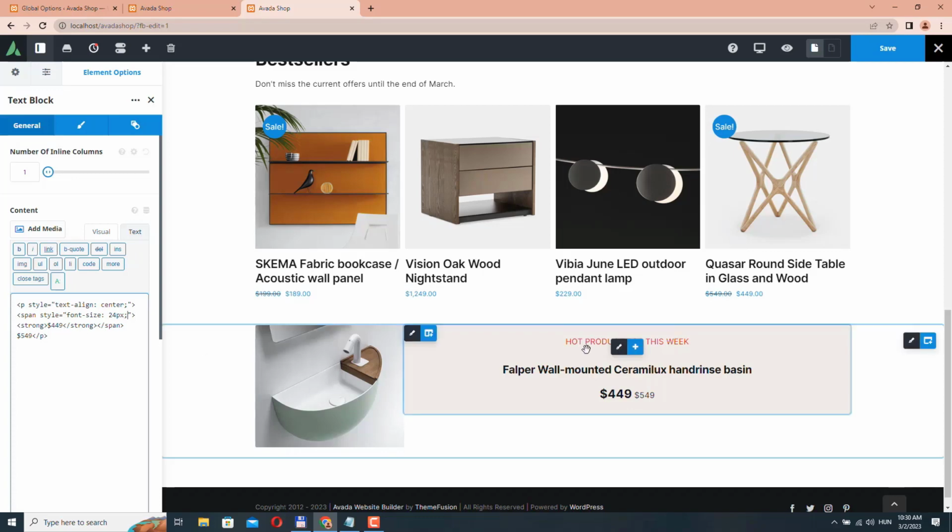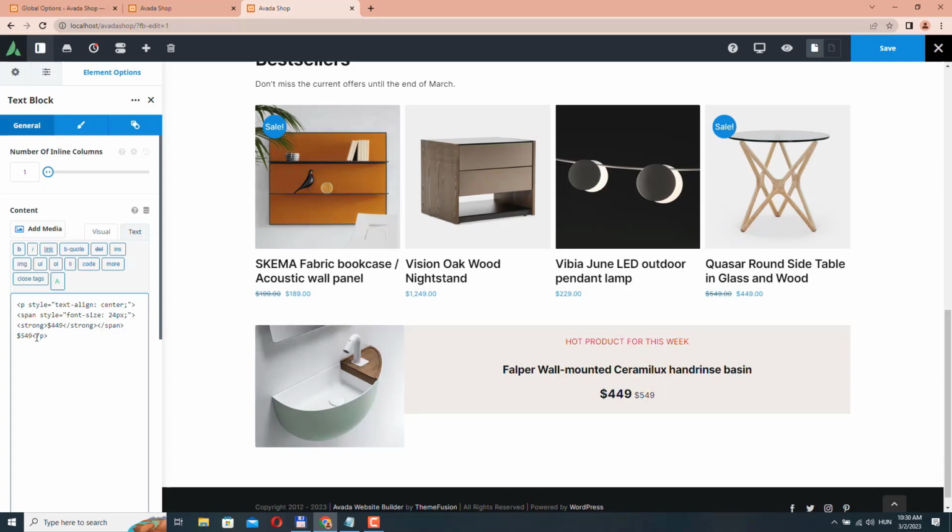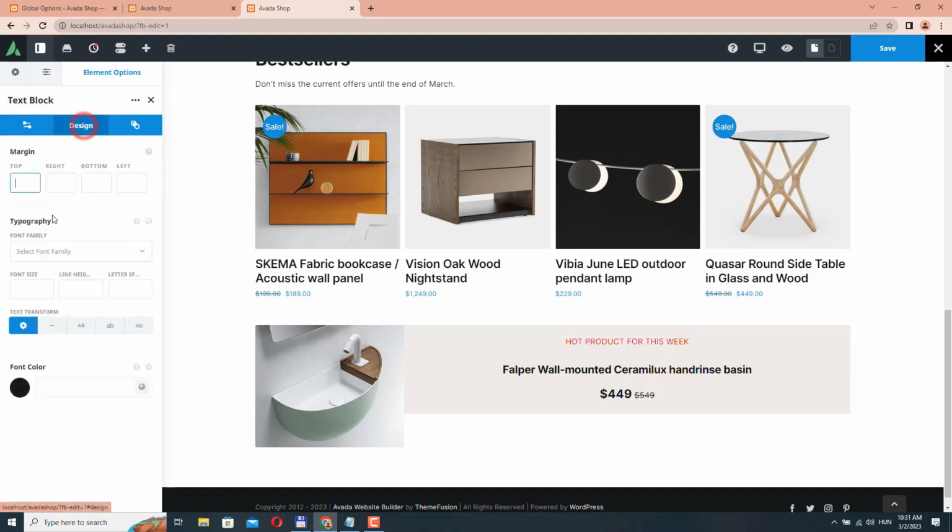Okay, and if you want to cross this 549, we need to add span style again, and here we need to add text decoration line through. Okay, let's go to design and let's bring this a little bit up,